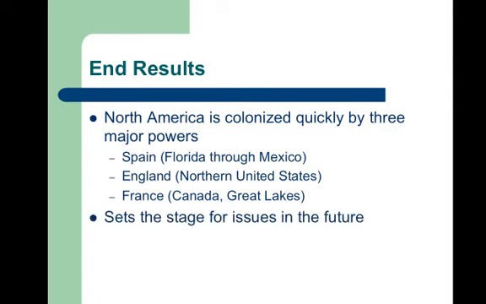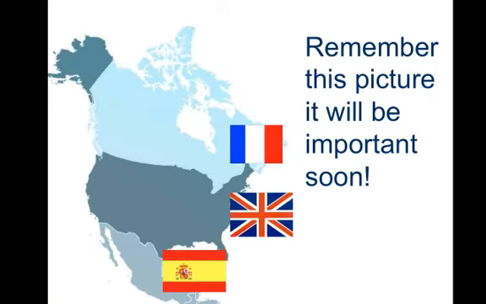What happens when they all start coming here? Are they all going to get along? Well, the reality is no, they're not. And we're going to see that this becomes a major issue, whether it be the French and Indian War, whether it be the American Revolution, whether it be the Mexican-American War, which kind of has a Spanish undertone to it. There are going to be a lot of issues here that arise because soon they're not going to be separate from one another. Soon they're going to continue to grow and kind of overtake each other's land, and that's when this will become a problem.